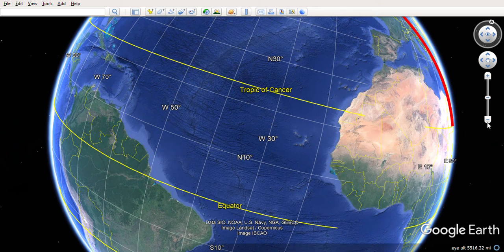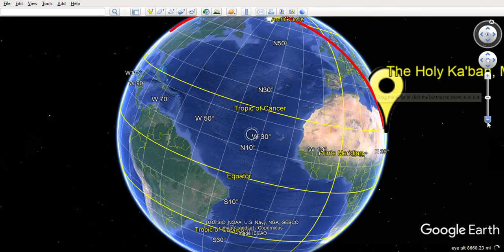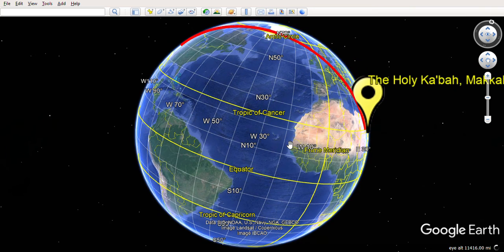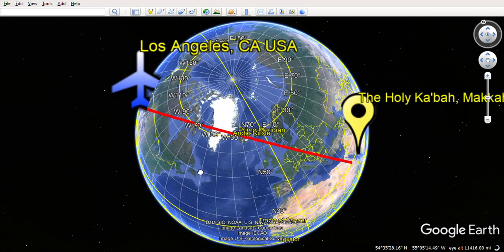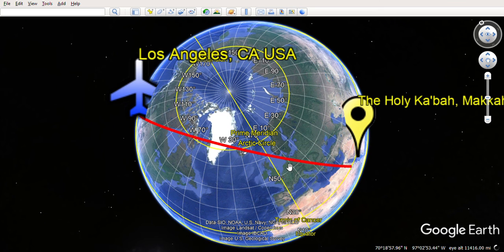Although Google Earth is a very famous tool nowadays, and anyone you ask about Qibla direction brings you a Google Earth and draws a line from here to here and says this is a straight line, this is, once more, not a straight line. Even if you move Earth like in Google Earth, you can twist it and it appears like a straight line. It is not a straight line